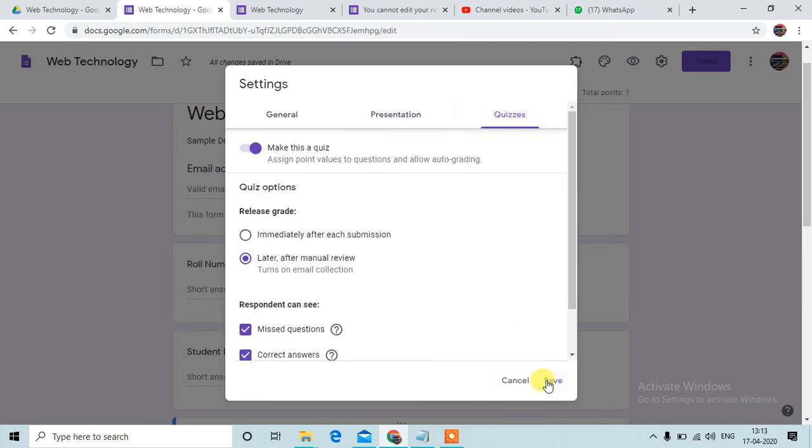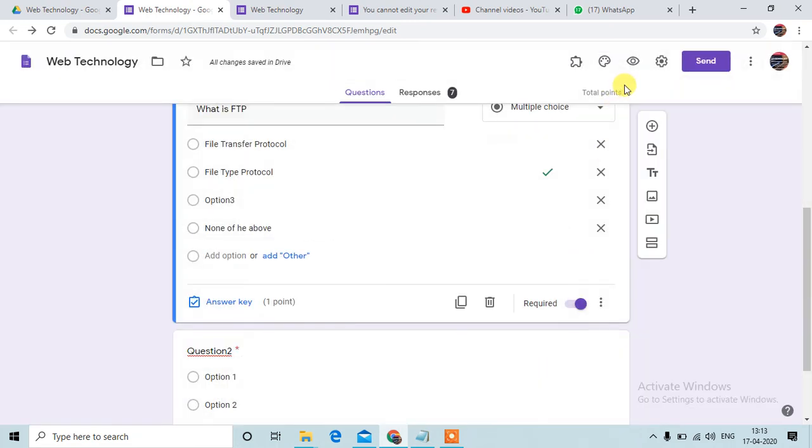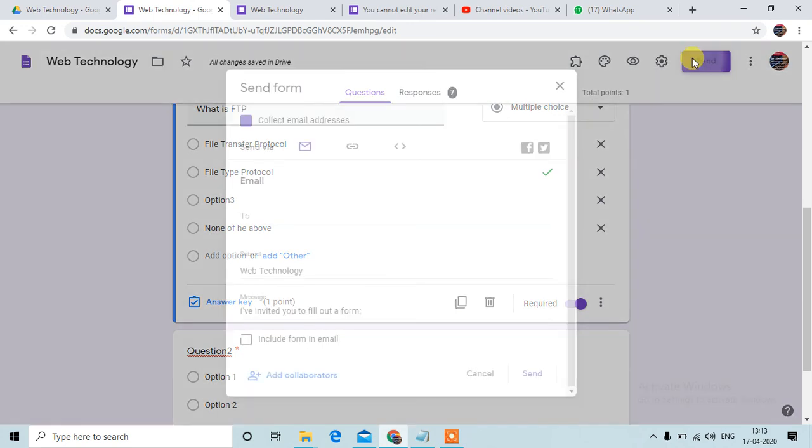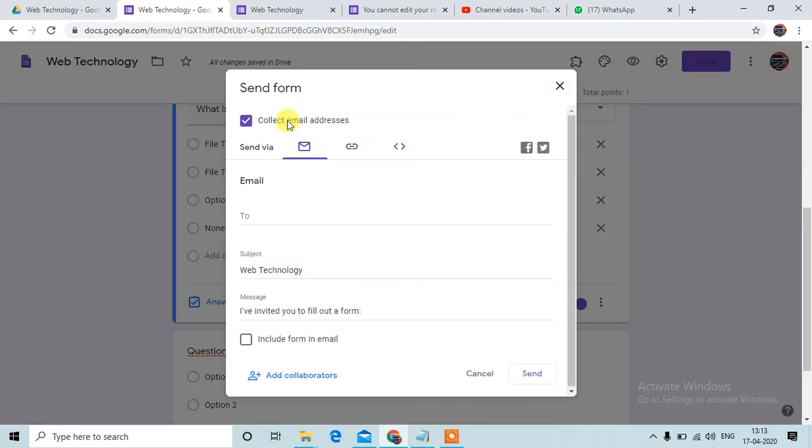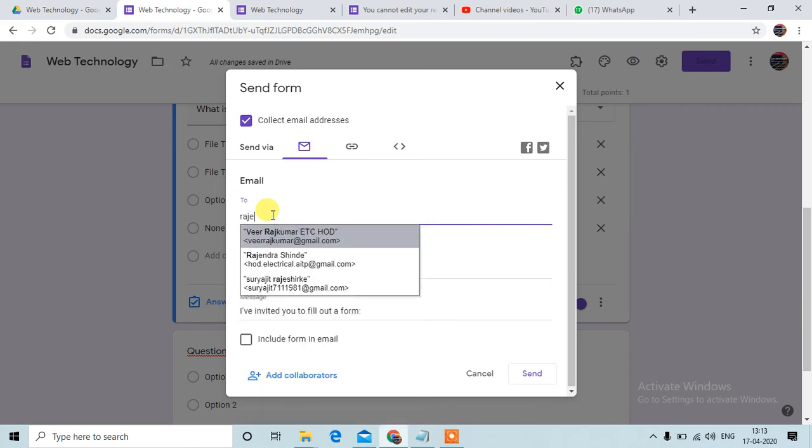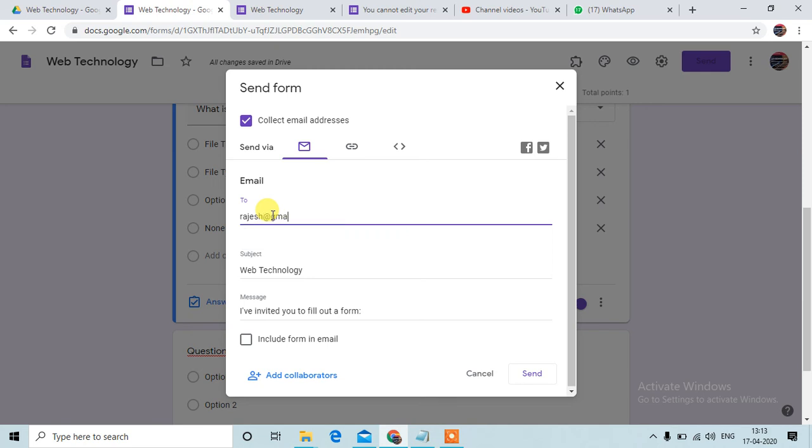So save it. Then there is an option to send. If you have to send this form to students' email addresses, then you can write the email addresses here, like rajesh@email.com. You can include multiple addresses separated with commas. Here you can write the email addresses, then the subject and the message.